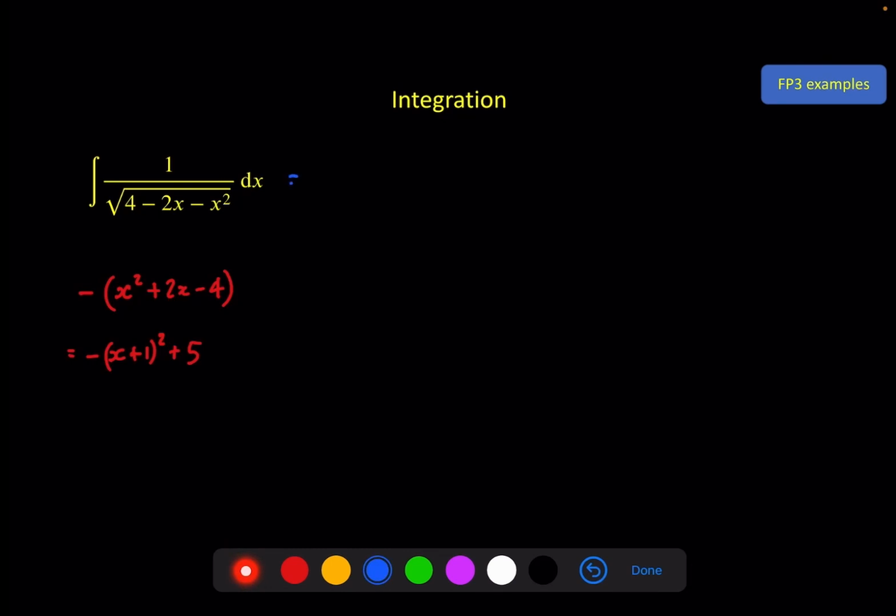So now I can change my integral. And I'm going to put the 5 first, and it's all inside a square root still. 5 minus x plus 1 squared dx. Okay, to use an appropriate substitution here, we've got something minus something squared inside a square root. If you remember the work we did on this,